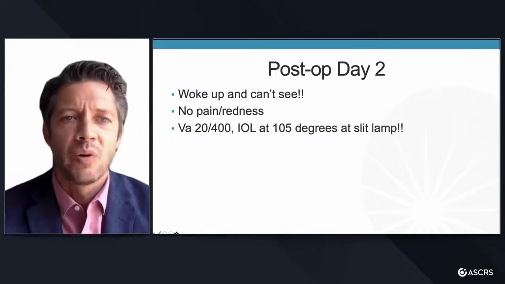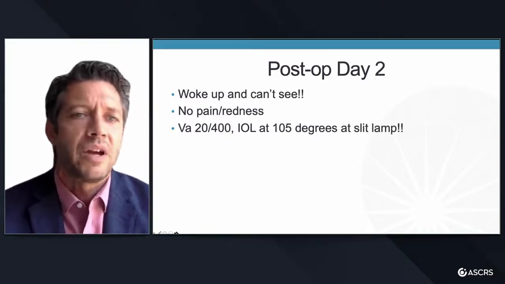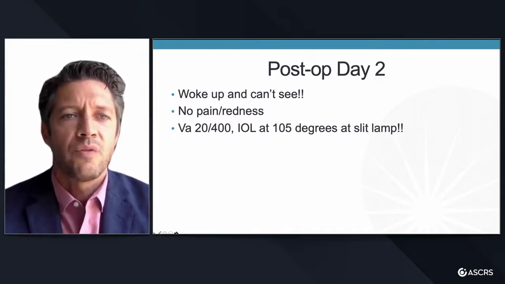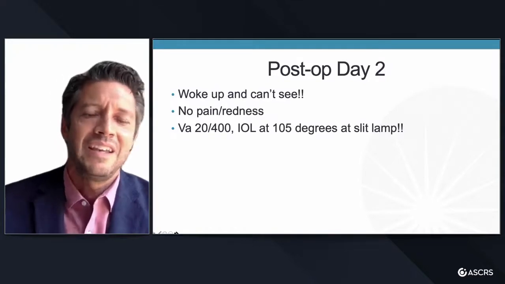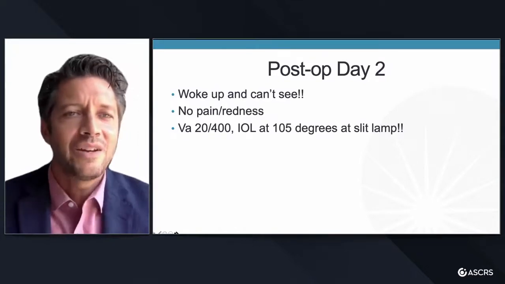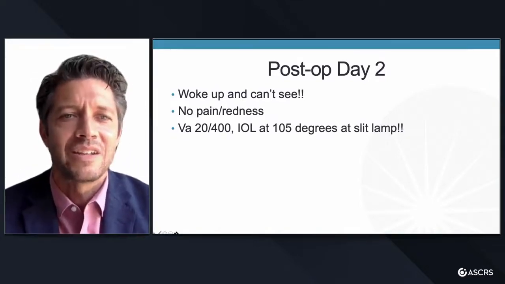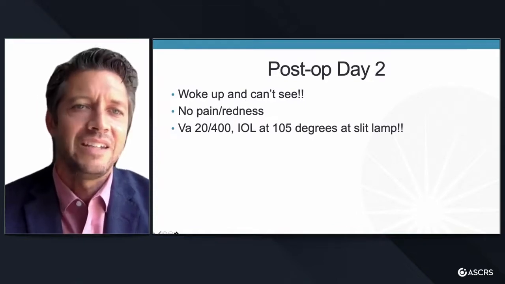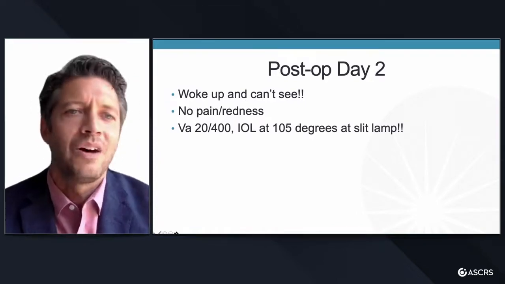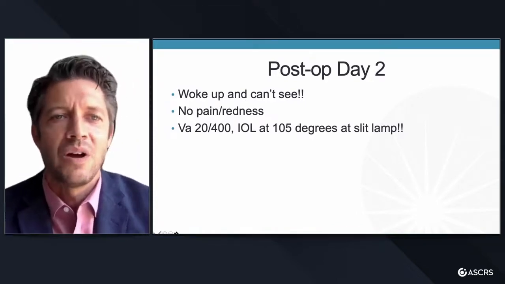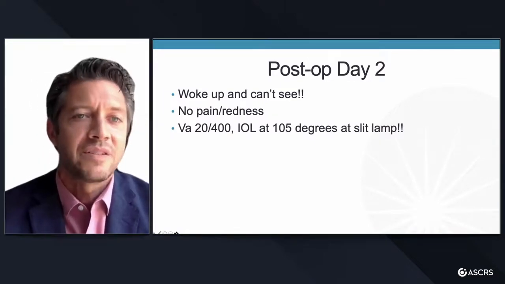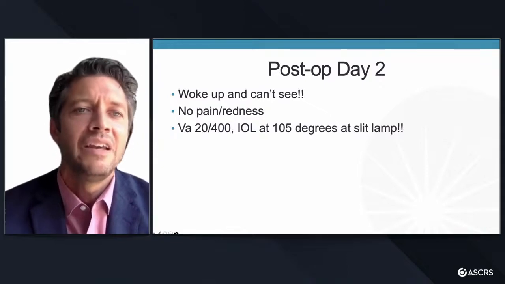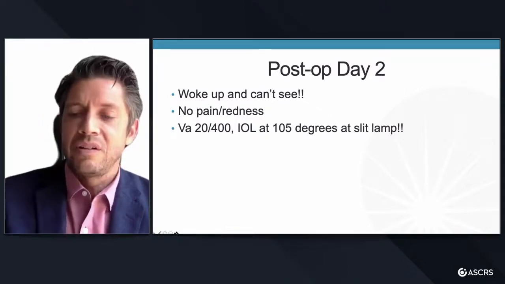So he calls me in the morning. He can't see. No pain or redness, but we bring him in. He's 2400 and his lens, unfortunately, is rotated about 35 degrees at the slit lamp. So this guy, who normally on a scale of 1 to 10 is like an 11, is now like an 18. So he's swearing up and down the hallway, talking about how big of a mistake this was, and he never wants to come back. And I'm just literally trying to keep him in the office and keep him from running away and burning it down. And so we're trying to calm him down and talk him through the